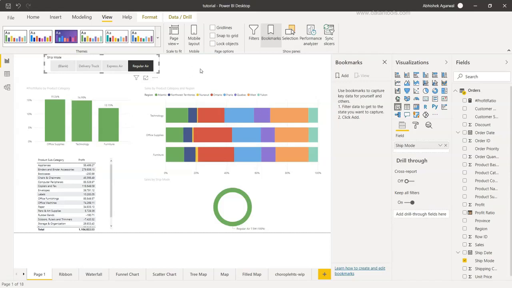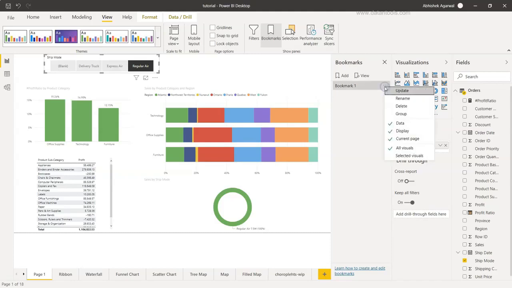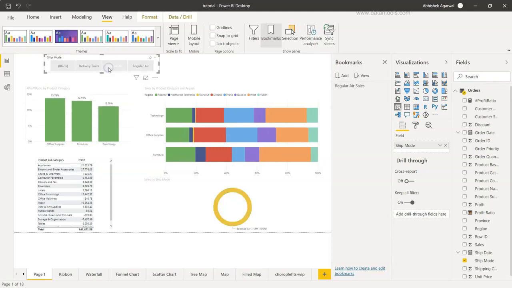So in a scenario where you have to do multiple selections and save them, do the selection first, click on Add over here, and from these three ellipses, more options, come here and rename this and say regular air sales. Similarly, let's say you made some more selections like express air over here, and maybe a couple more selections based on the filters present, to do a comparison between the two. You can come back here and click on Add, and then again click on rename, and here we will say